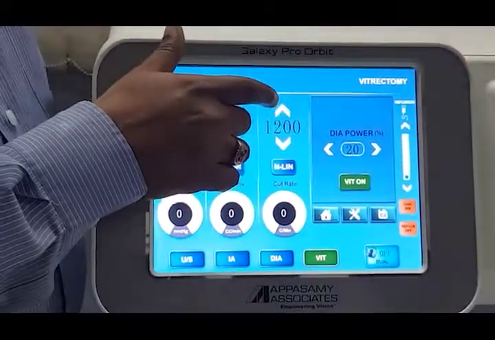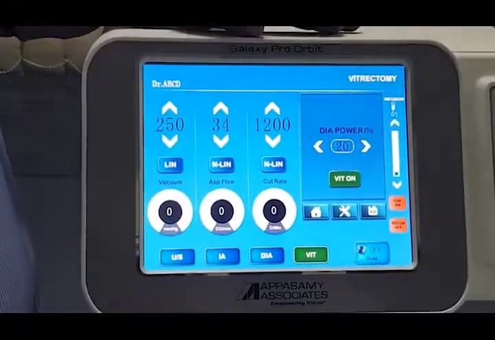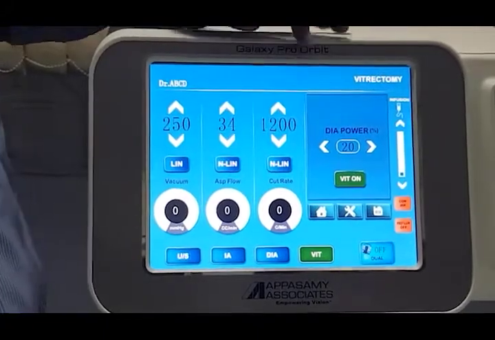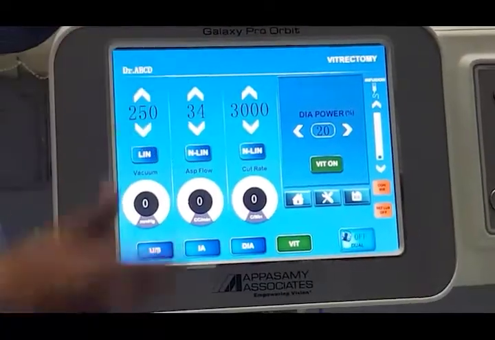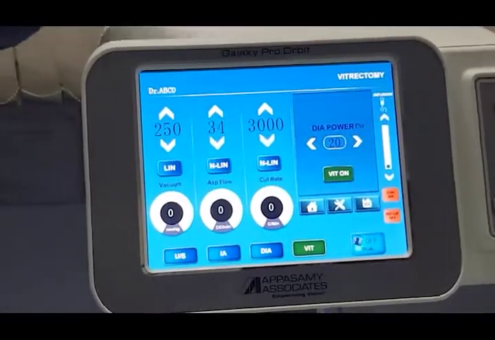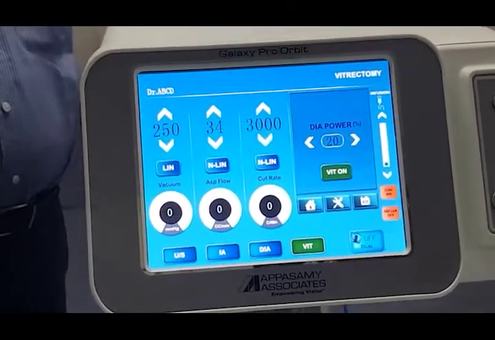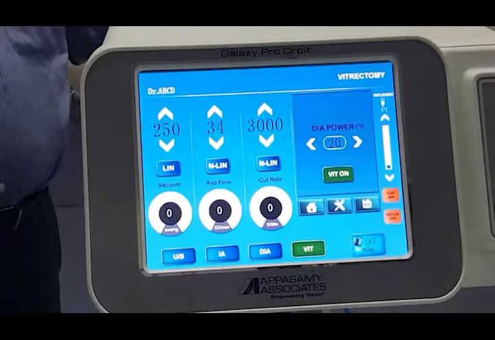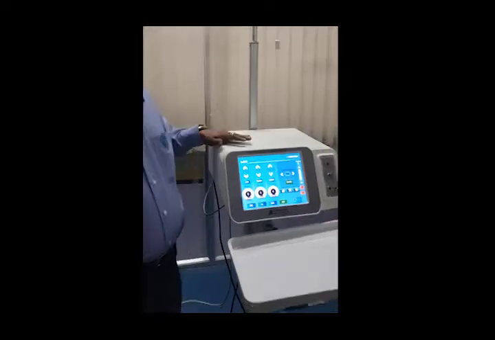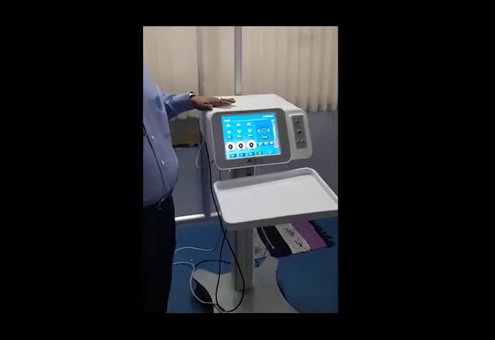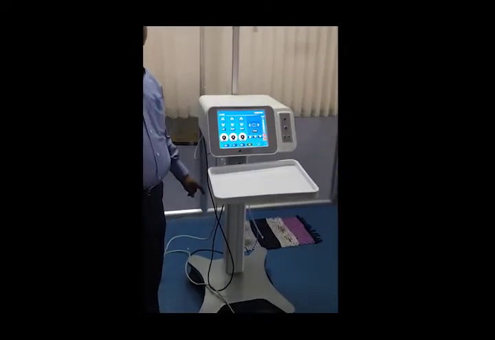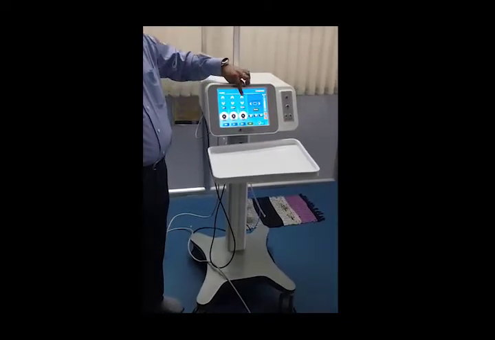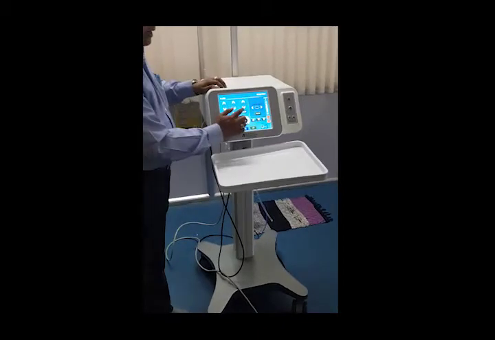As I told you a while before, in this Galaxy Pro Orbit, the vitrectomy cutting rate can be varied from 60 to 3000 cuts. Galaxy Pro Orbit comes along with an ergonomic stand, which has an inbuilt compressor. Make a clear note: whenever you are using the inbuilt compressor, the vitrectomy cutting can be used up to 900 cuts only.